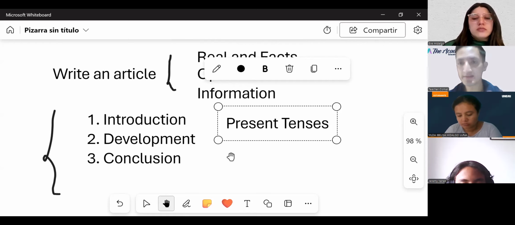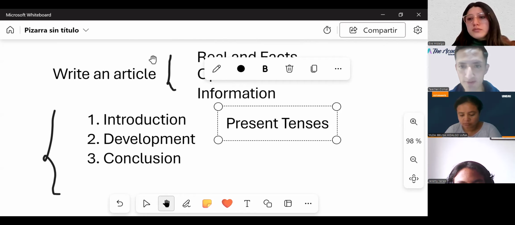Okay? So we are going to read an article so that you can have an idea how you can write an article. And remember, with this we can finish for today, okay? I know, my dear students, that you're very good at this. You're very good at writing. I have realized that. So it's not gonna be a problem for you, okay? Let me put you now the example.